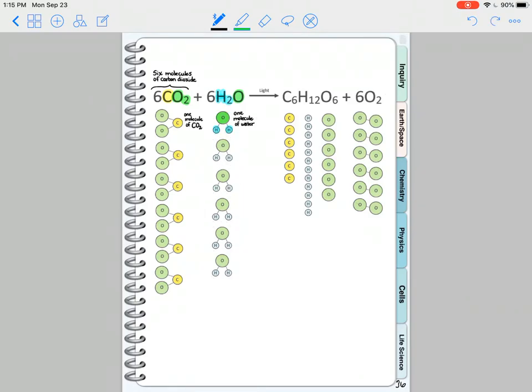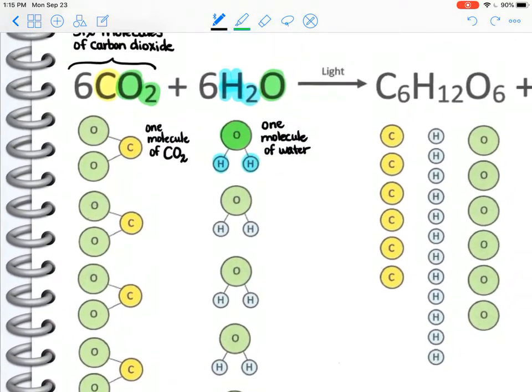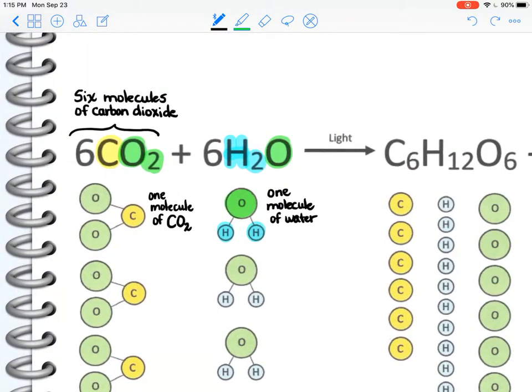So I am mixing carbon dioxide and water in equal amounts. So 6 molecules of water plus 6 molecules of carbon dioxide. Both of these